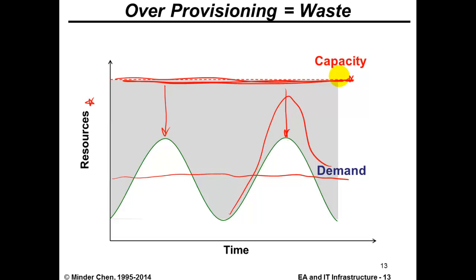Because of that, on average you waste a lot of your IT resources, which are sitting idle, not doing anything. That's why here we say over-provisioning. Provisioning means providing IT infrastructure to the user. It is really a major waste in the IT industry. You're talking about space, power, manpower, electricity, cooling systems, etc.